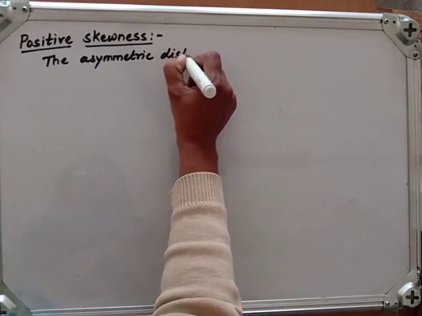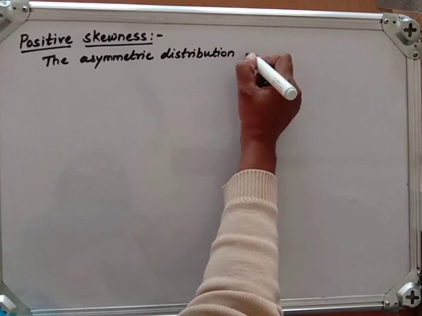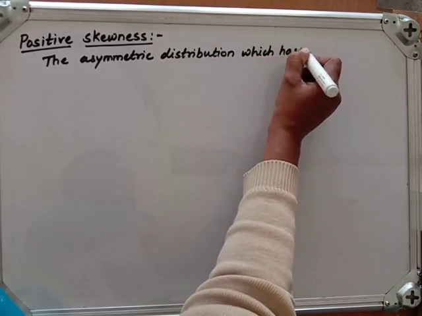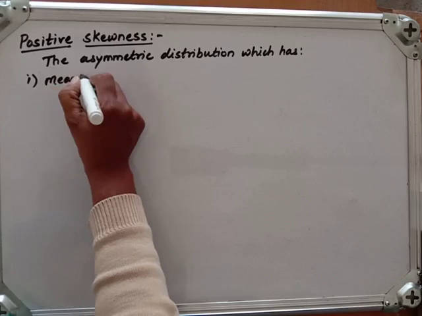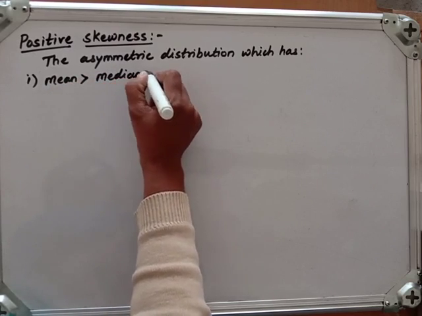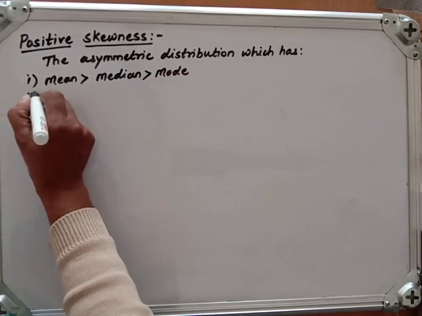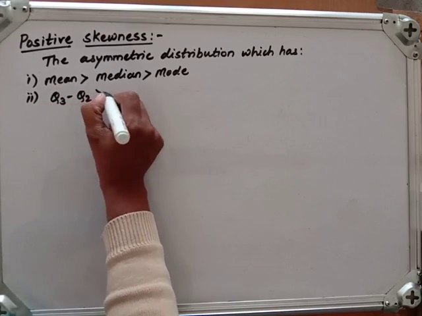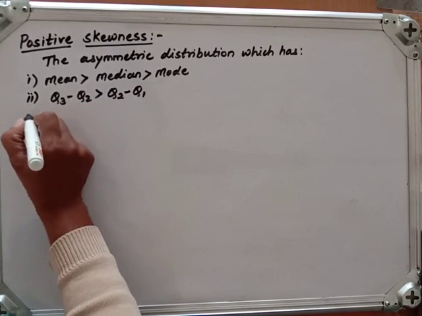Asymmetric distribution which has, first, mean greater than median, greater than what? Mode. Second property, Q3 minus Q2 is greater than Q2 minus Q1. Okay. Third,